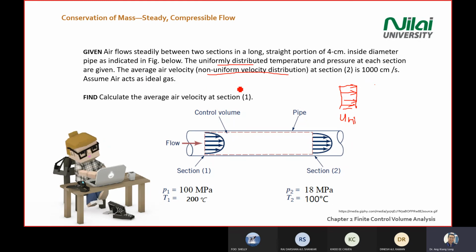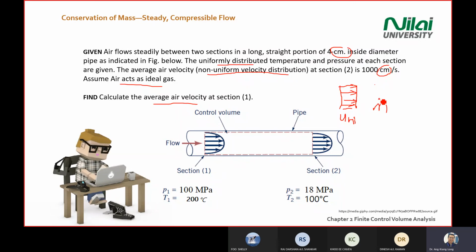Assume air acts as ideal gas. Remember the unit here is cm. Be careful, right? Assume air acts as ideal gas. So calculate the average air velocity in this area. Okay. Now before you start, you will always need to remember what is going in must go out, which is